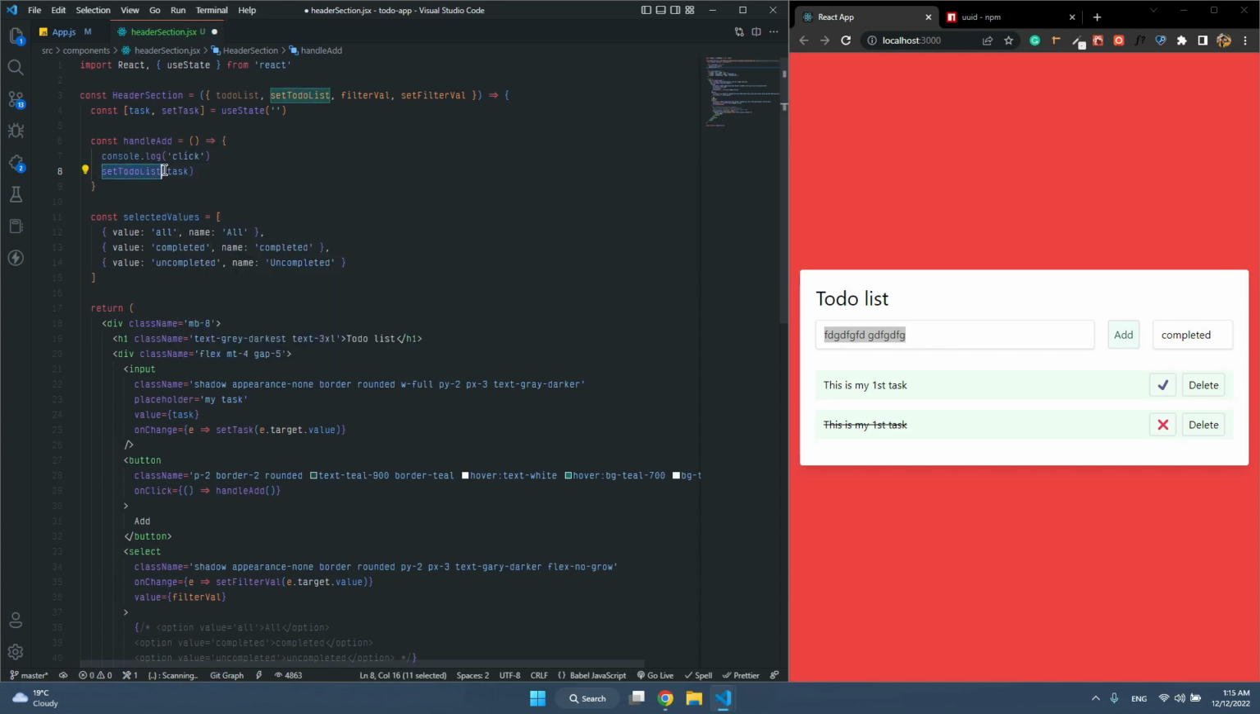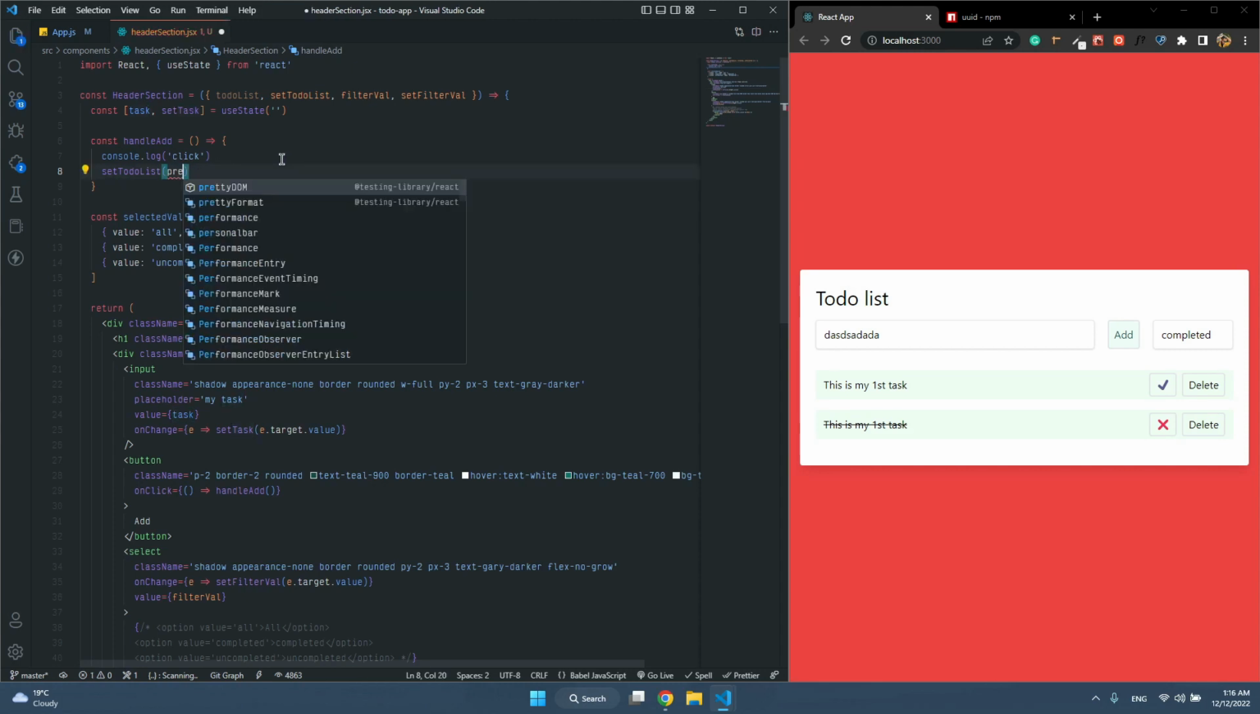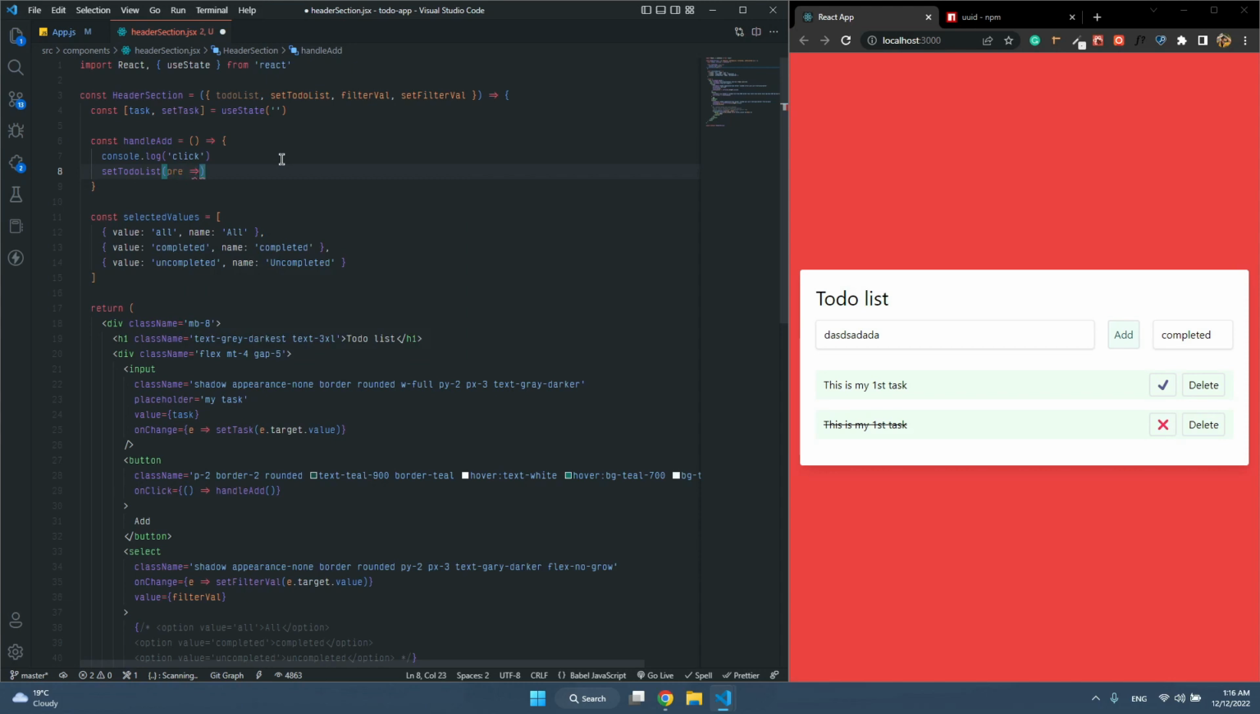If you set it directly like this, it will replace your previous one. That shouldn't happen in this to-do list, because when we add a task here and press add, it should be added after this one, and when you add another, it should also be added after this one. So to do that, we have to make the set function like this, and